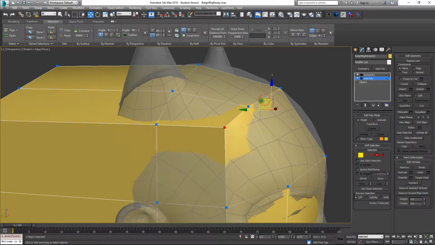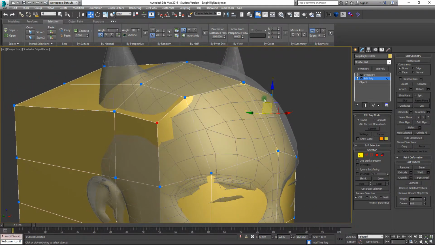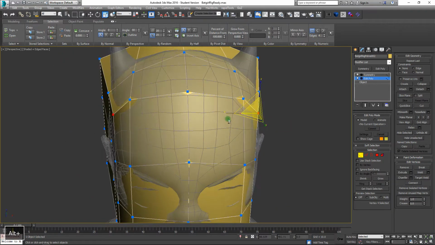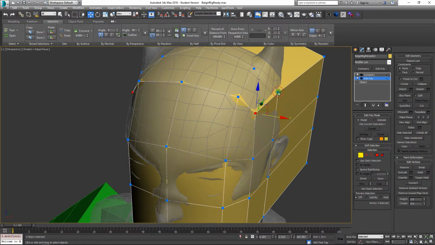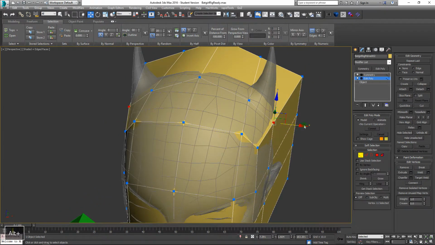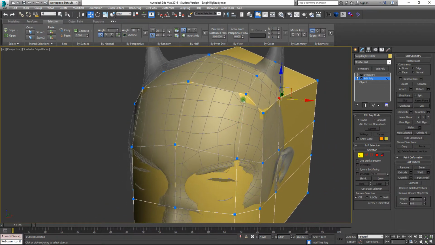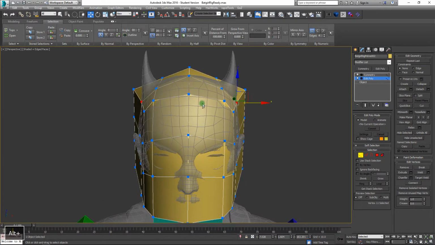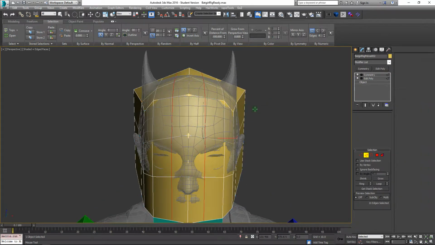Now, the shape of the bones does have a level of importance when it comes to your work, and that level of importance is based off of what's going to happen when we apply skinning to your mesh. Now, the skinning by default will apply to all the bones and all the vertices that you use. And what's going to happen when you do that is